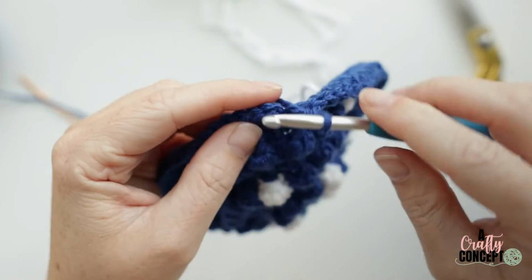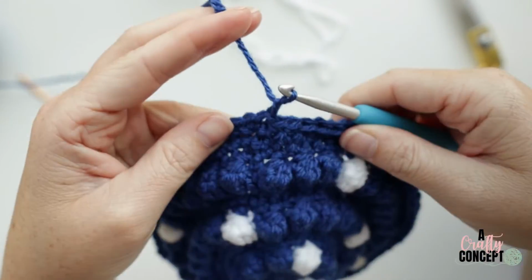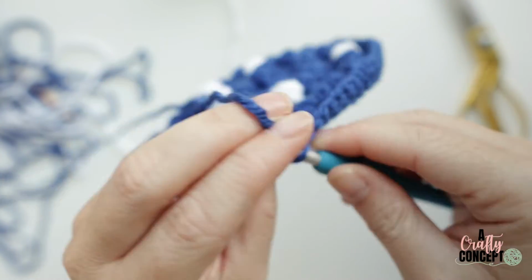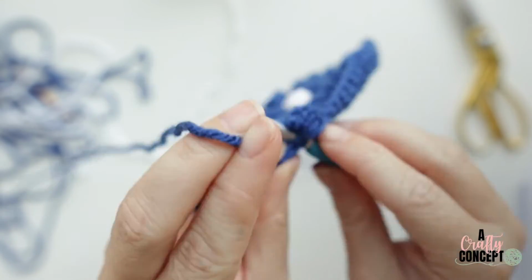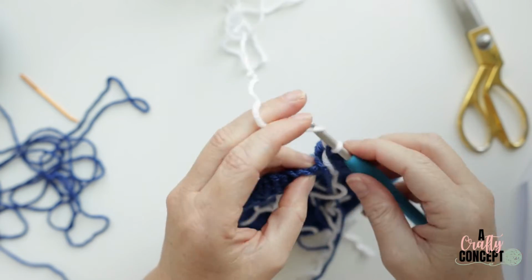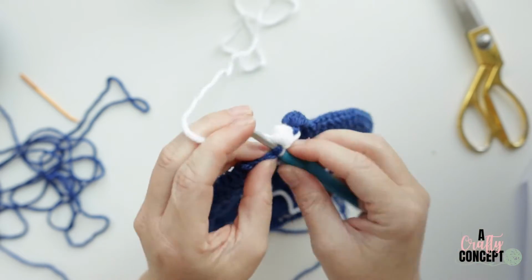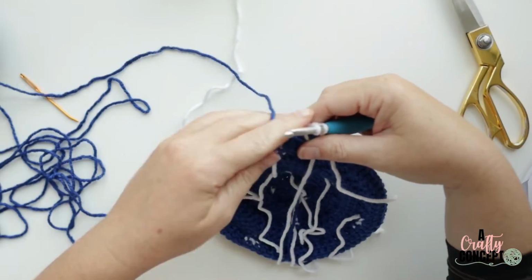Okay, join to the top of our first stitch, chain 1, and turn our work. Excellent. We're going to start by placing a bobble stitch in the first space, and then a single crochet, but we're not going to finish it, and we're going to switch to white. Then we are going to bobble single with our white, and 4, pull through all, single crochet with the white, drop the white and pick up our blue to finish